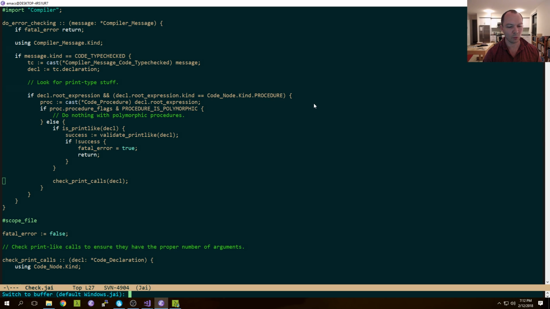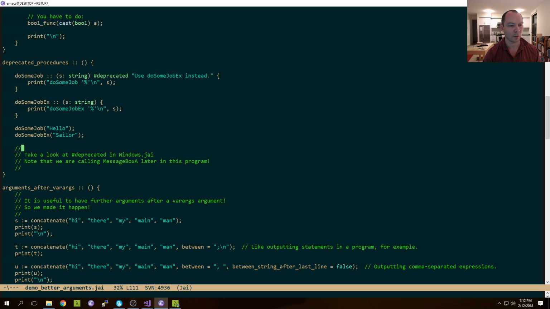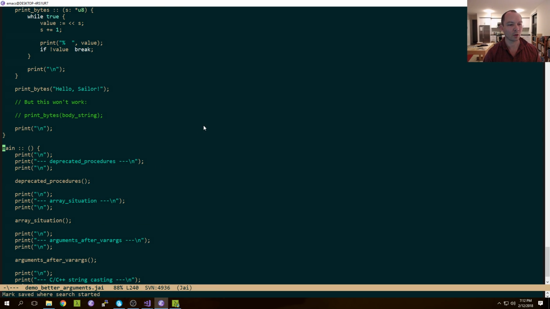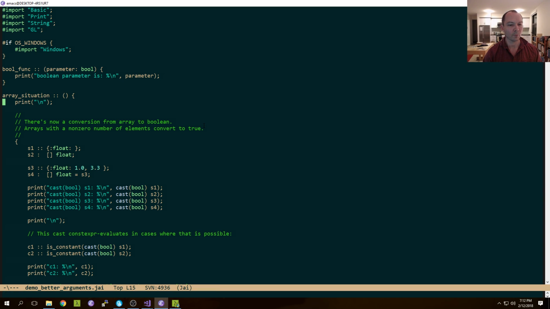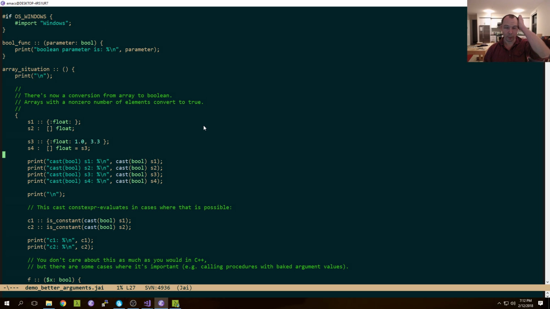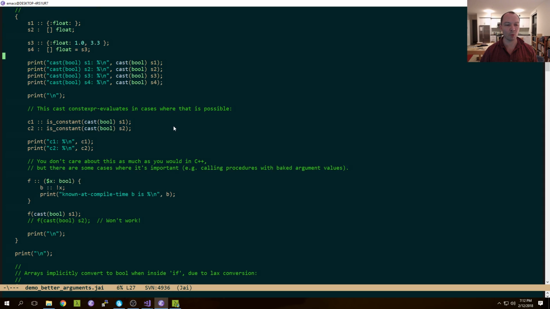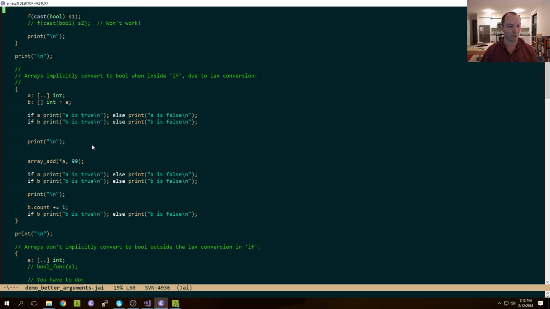Let's go back to the demo. So that's the first thing. It's just two simple procedure calls. Second thing, arrays. For a long time it seemed like you should be able to treat arrays as Booleans at certain times. I wanted to be able to say things like, if A is an array, if A, do something